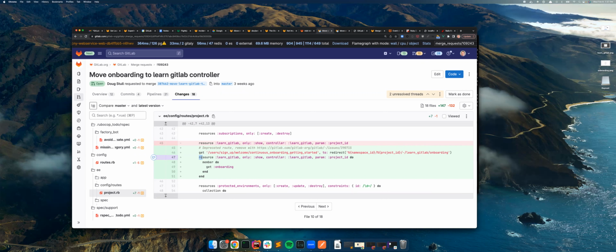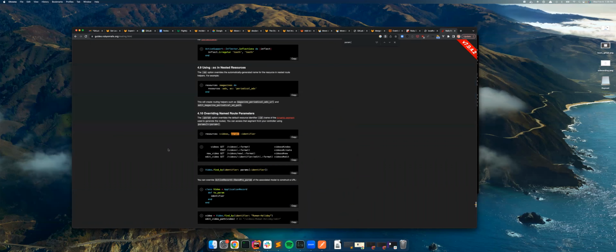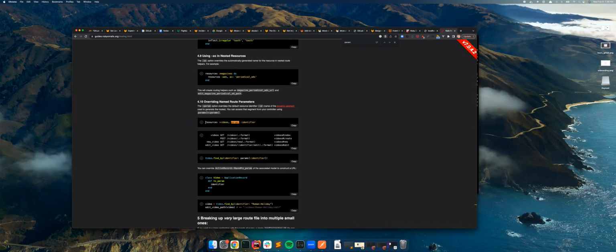I submitted my MR, made sure the pipelines were passing. And then a couple of days later, I'm like, you know what? I really want to look at this again. And that's when I looked at this again and I started looking for this concept right here, the named parameter. So I started reading more into this right here. And as you can see,